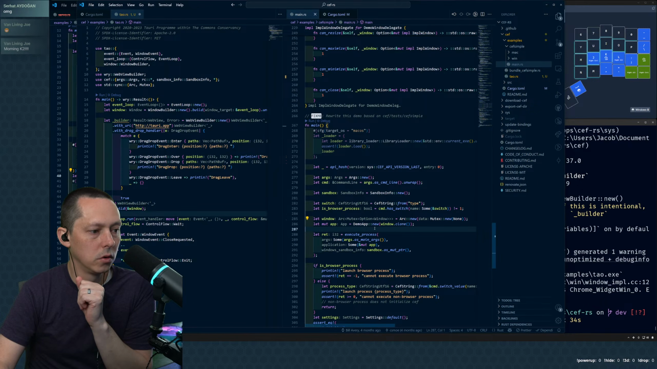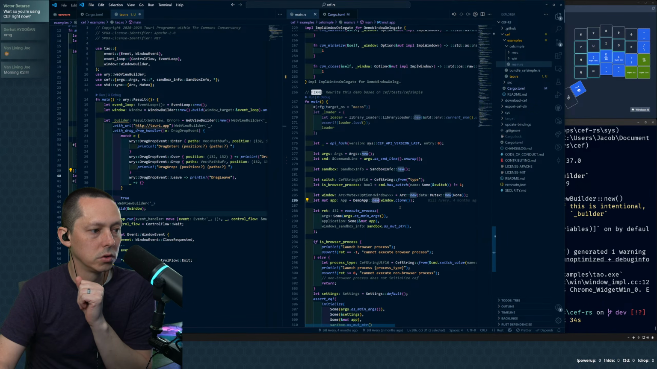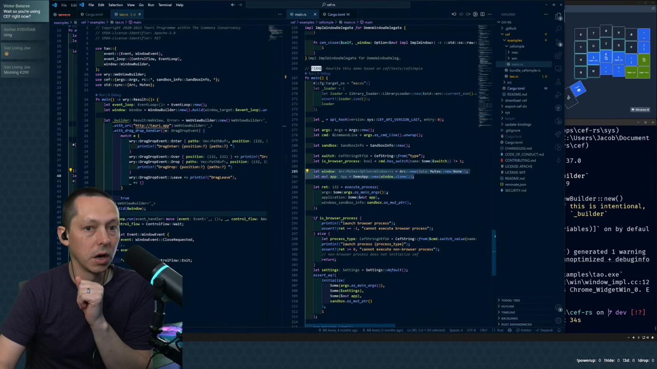Here's a window. Demo new. So I think this is the bit that we're gonna have to figure out